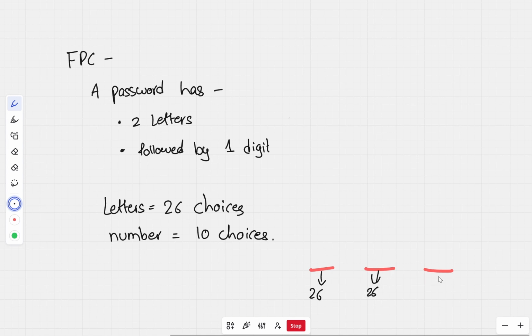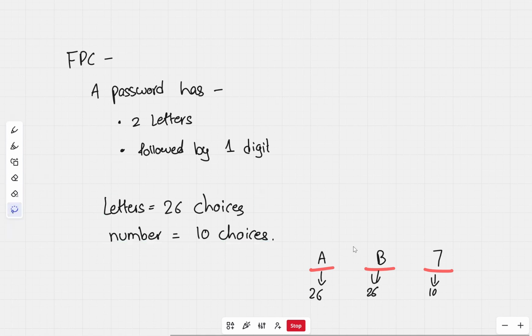Now for here we need a number, then there are 10 ways we can put a number here. Now for example, I selected A here, then I selected B here, and I selected 7 here. So this is a password. Now I can change and select B here, C here, and here 2. So this is another password. So yeah, we have 26 options for this place, 26 options for this place, and 10 options for this place. Now using FPC,